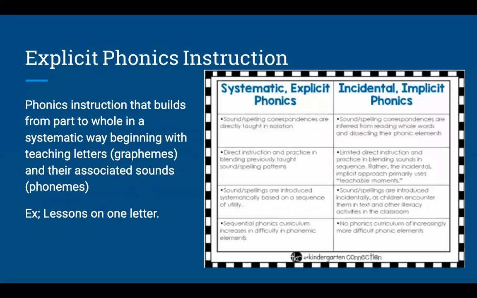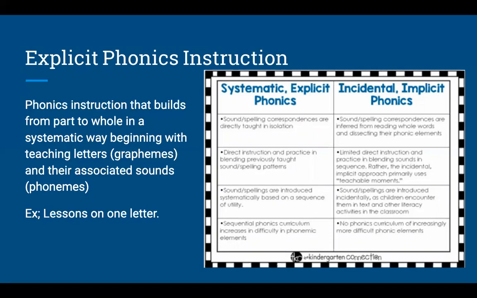Phonics instruction can take the form of either being explicit or implicit. So explicit phonics instruction is like Katie mentioned, where kindergartners might outwardly have a lesson on a letter. So they're directly teaching that sound. The students are told V makes the V sound. They are looking at V words, things like that. So this explicit is where it builds from part to whole. So you're starting with that smaller letter sound or grapheme, and the associated phoneme where like M is M and V is V. So you can think about more like kindergarten style lessons,